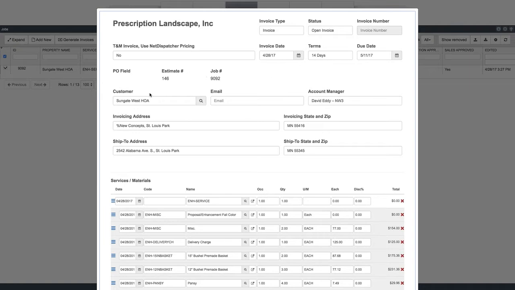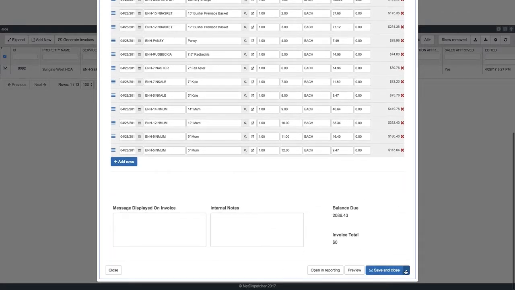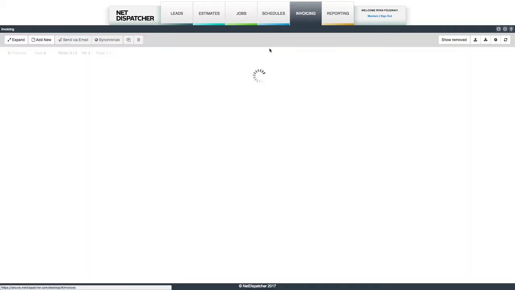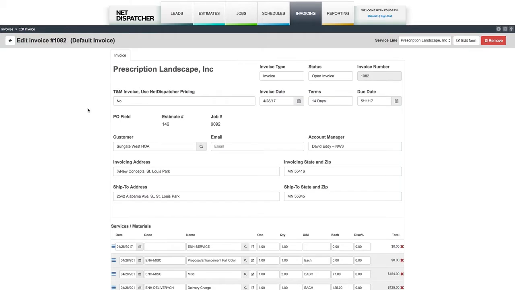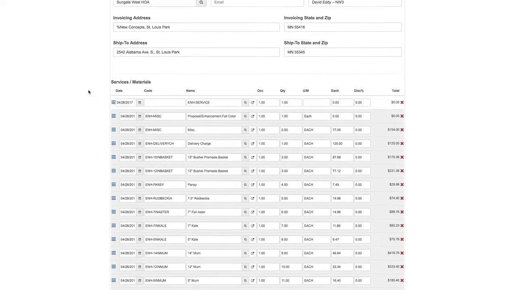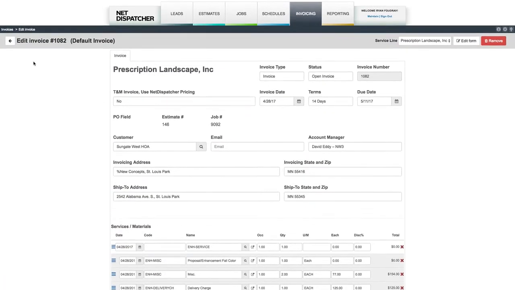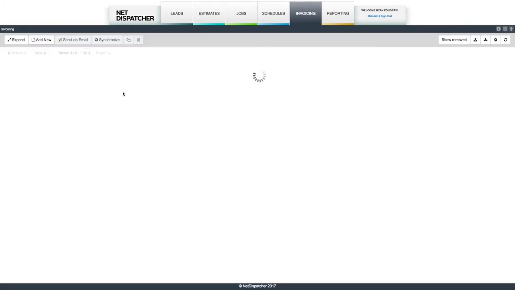But this will then go into an invoice. Our estimate number is pre-filled, job number is pre-filled. If we had a PO number inside the customer, we would use that here automatically as well. And we can save and close, and then the job is being invoiced, and we can see that here on the invoice list. Here, if I want to send it forward to Sage,